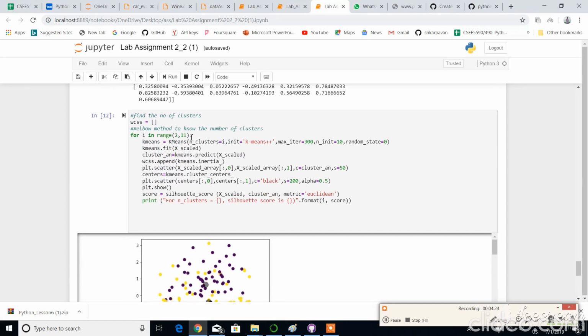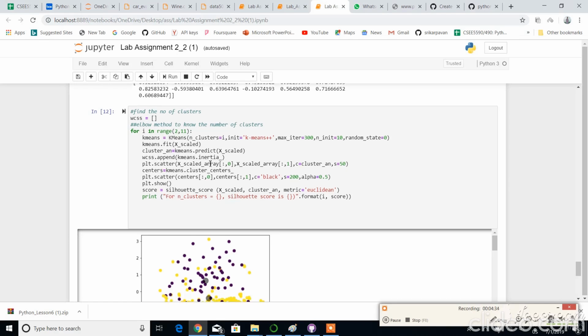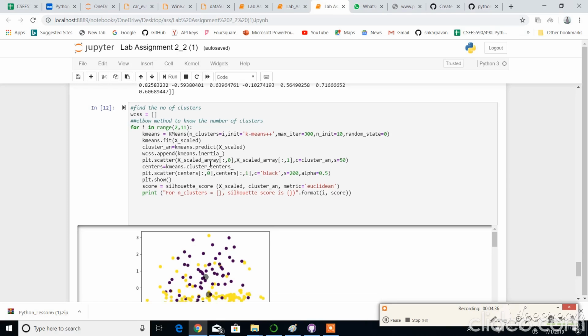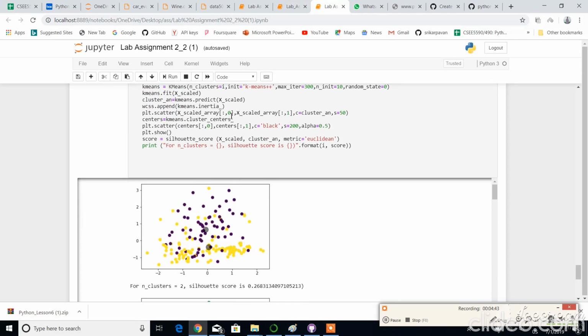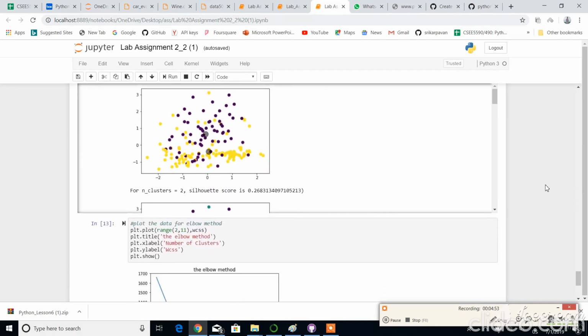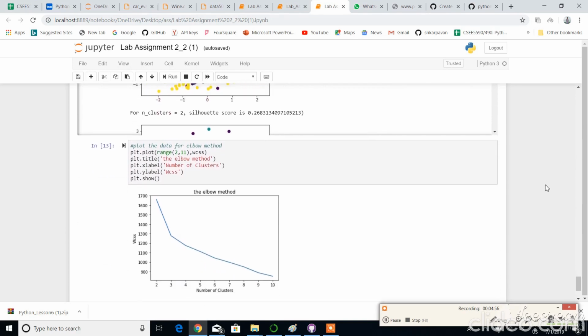So in range 2 to 11, we are fitting the scaled data, and we are predicting the cluster, and we append to WCSS the kmeans.inertia_, which gives the squared distance from the centroid in a cluster. Then we are scatter plotting the data between the 0th column and the first column. So here is a scatter plot, and there is a silhouette score which ranges from -1 to 1. So 1 corresponds to a better silhouette score, and then this is our elbow chart, which is 3 is the